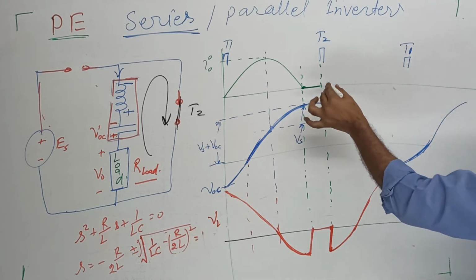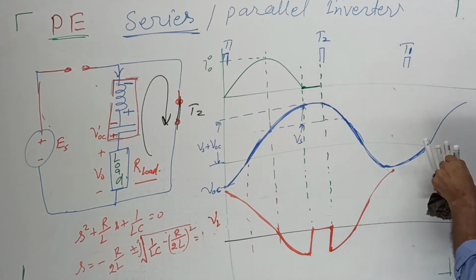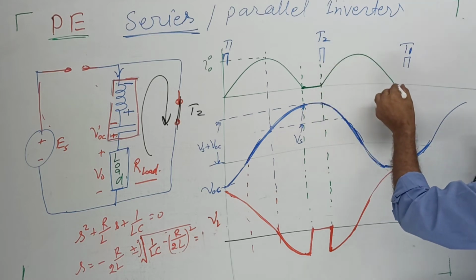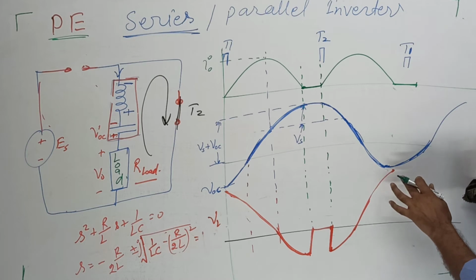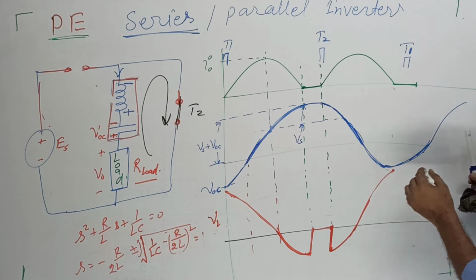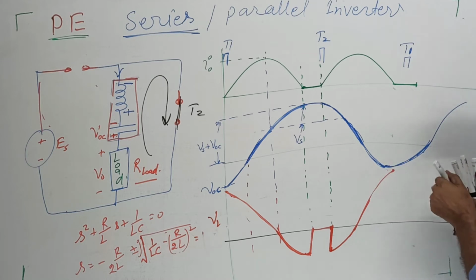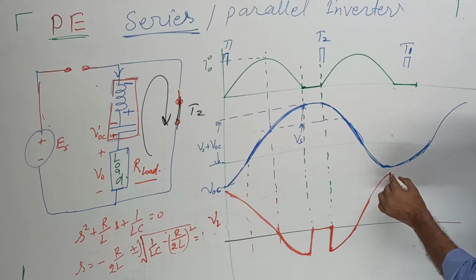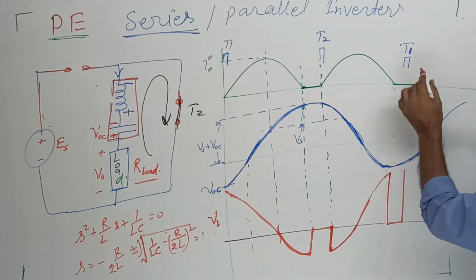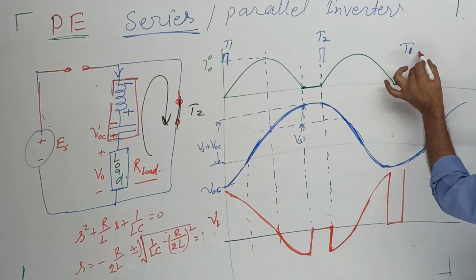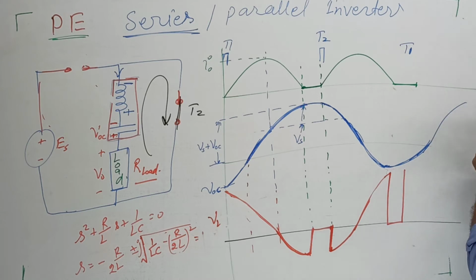Here the current is like this, and in between the current is 0. So wherever the current is 0, the capacitor voltage becomes constant, and the inductor current is 0, so the inductor's voltage is 0. After that, if thyristor 1 gets turned on,